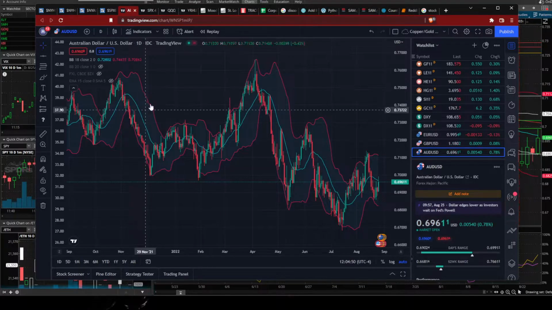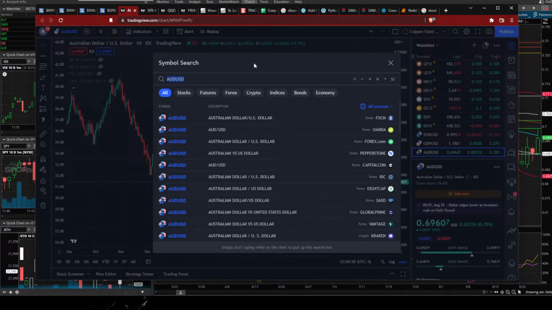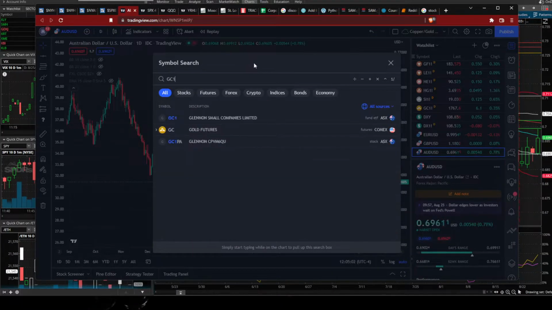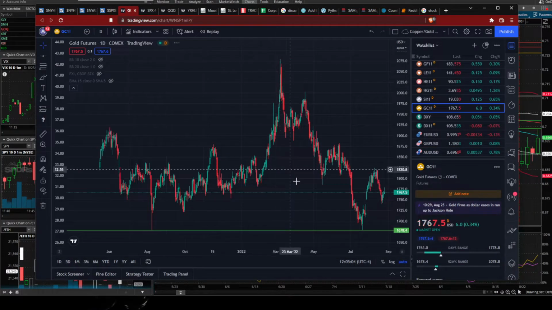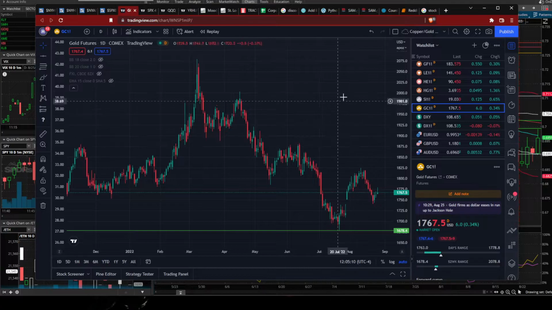Another thing that the Australian dollar is a lie detector for is metal markets. Right now with metals, with the Australian dollar doing so well today, we're seeing gold doing very well. Gold was actually doing better today, but now it looks like it's losing a lot of its gains.